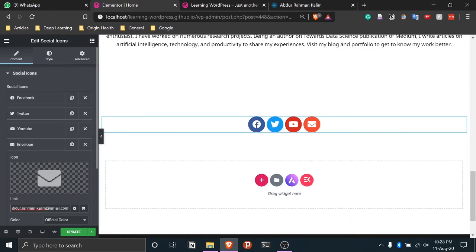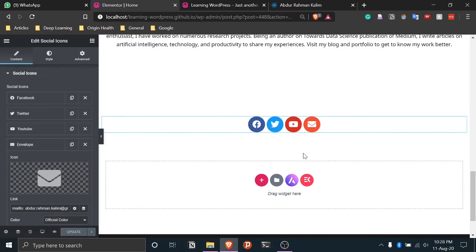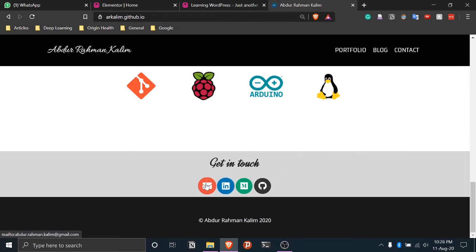And then here I can paste this email address. And for emails, it should actually be mailto, and I think it should be something like this. Yeah, so if you do update, then for each one of these you can individually select what links you want. And now if you see, these are not animated, so if I hover, they don't grow or shrink or something. So here I have made these animated, as you can see.